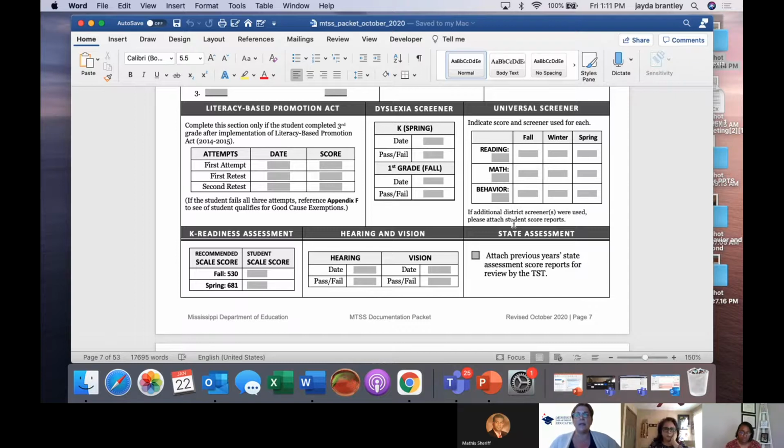can you come out and look at our documentation packet, make sure that we're doing everything correctly. When we open up a packet, and let's just say it's in a binder or a folder, we like to see the profile sheet or the profile information at the beginning because it really gives you an overall picture of what's going on with the student prior to jumping in and seeing what intervention